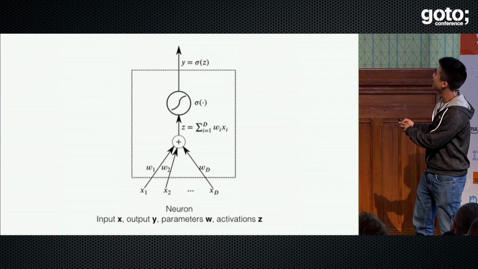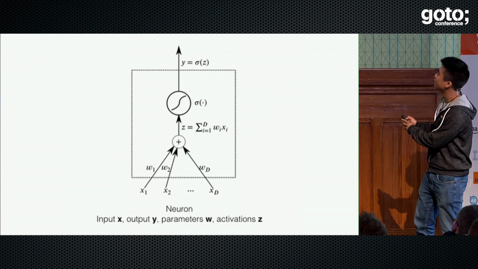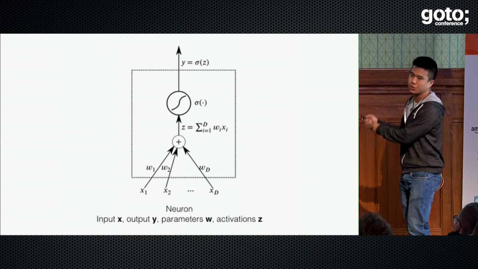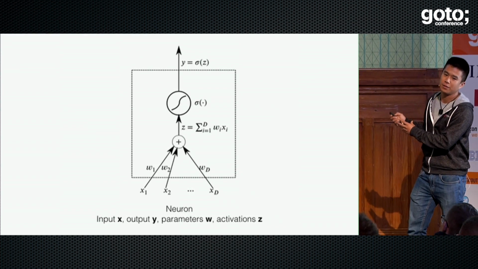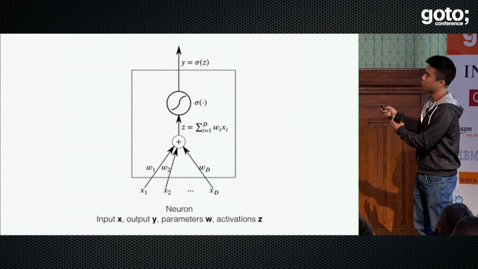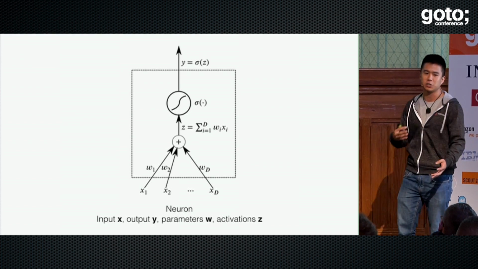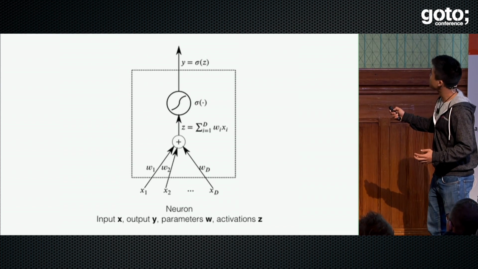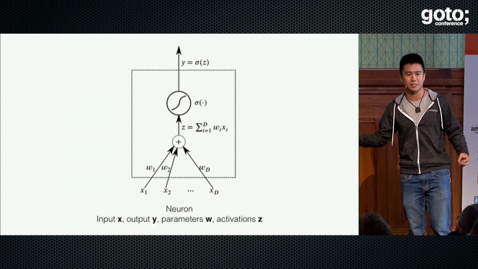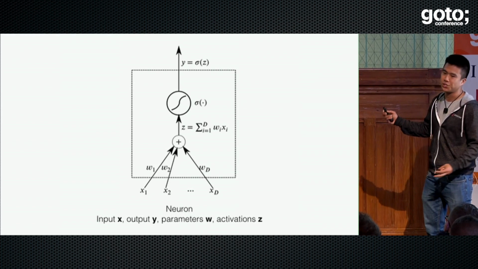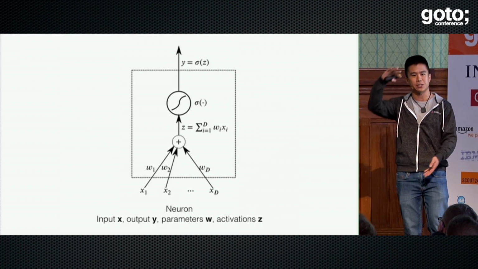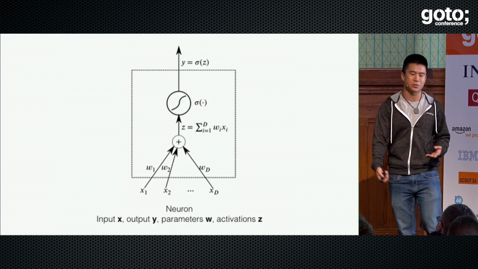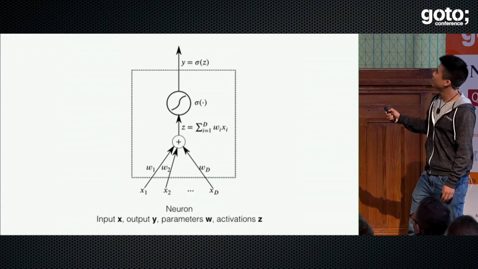So what you end up getting is this activation z, which is just a sum of these inputs weighted by w's. So if a neuron really cares about, say, x2, w2 will be 1, and the rest will be zeros. And so this lets the neuron preferentially select which of its inputs it cares more about and allows it to specialize to certain parts of its input. This activation is passed through this S-shaped thing called an activation function, commonly a sigmoid, but all it does is introduce a nonlinearity into the network and allows you to be more expressive on the types of functions you can approximate. And we have the output called y.